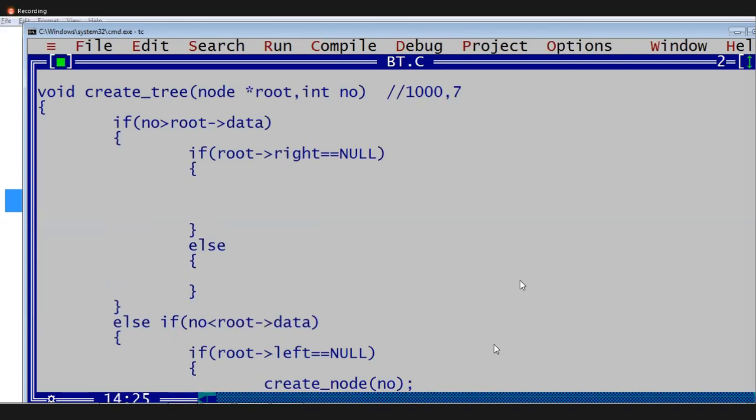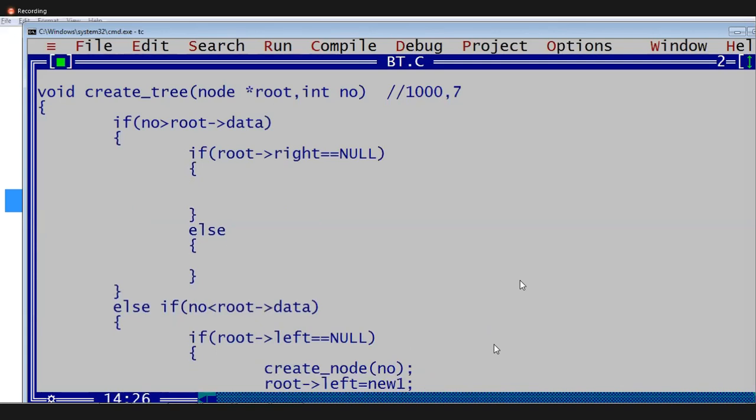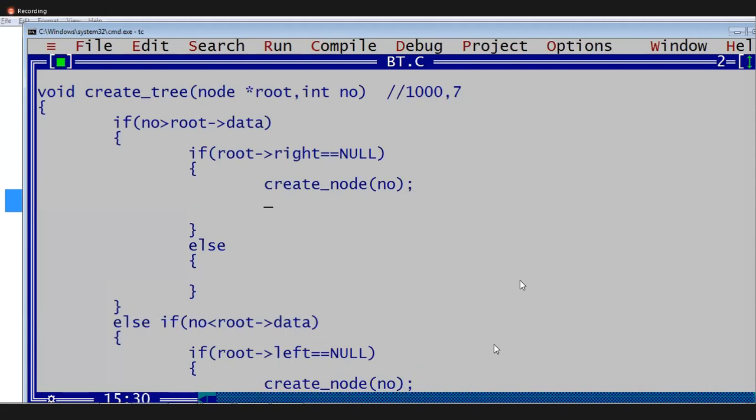Root right is null, guys. What to do? If root right is null, call the create node function, send with the number. What do you have to write? Root right equals new one.